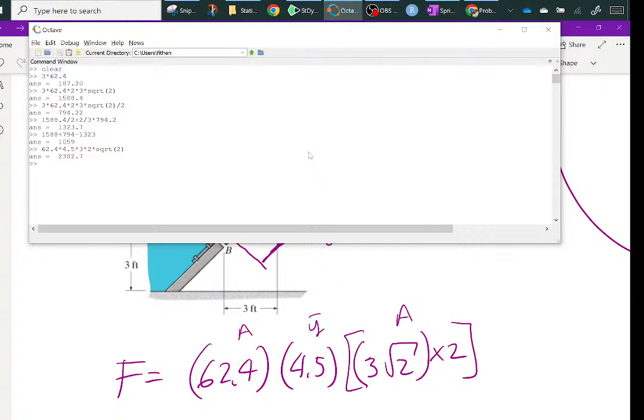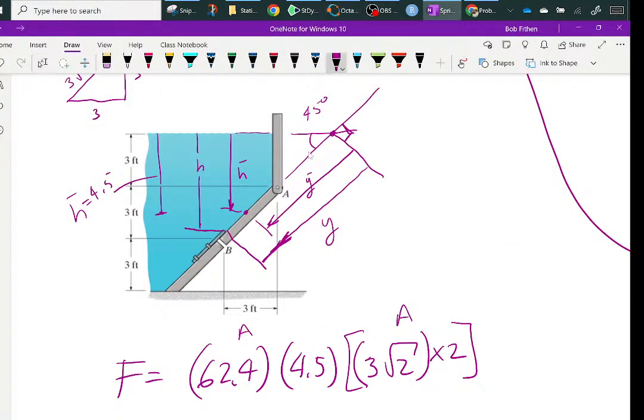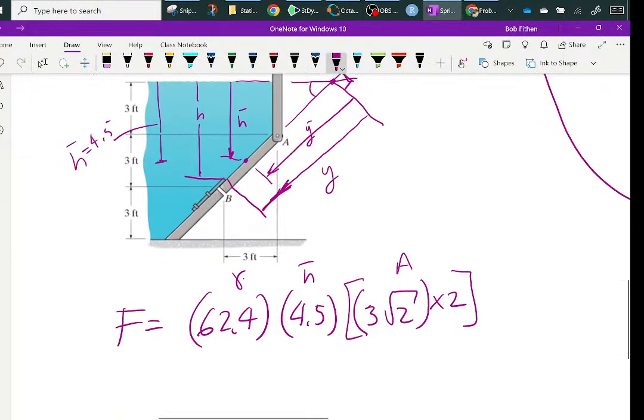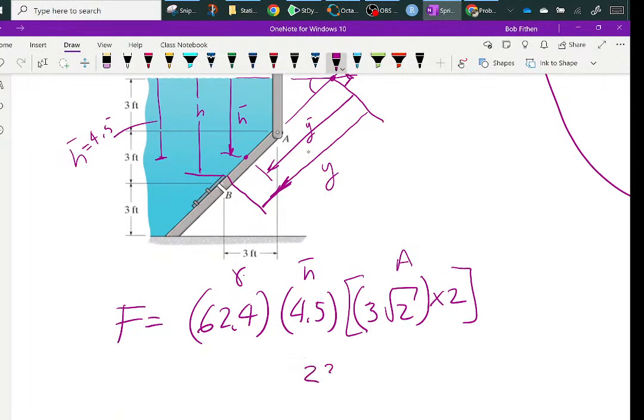Oh, wow, that's gamma h bar a. Sorry about that. Okay, now let me look at the symbols, and I'm like, that's not right. Okay, 4.5 times 3 times 2 square root 2. 2382.7. That's the total force on the gate